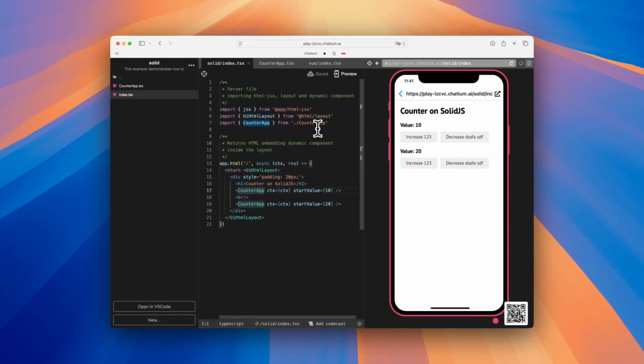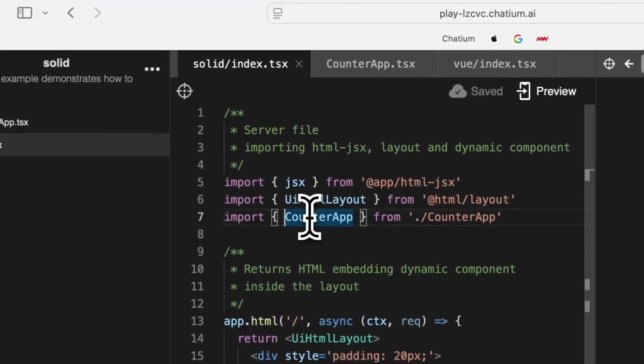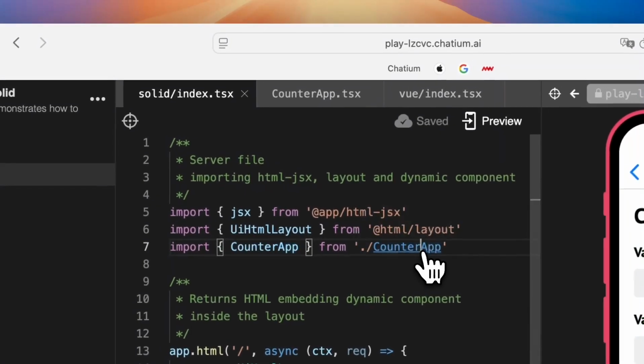What is worth noting is that when we insert a solid component, we write curly brackets because the solid component has the ability